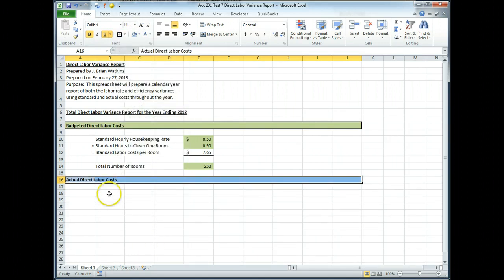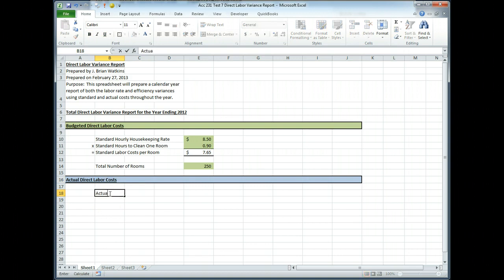Okay, so now we're going to have some headings here, so let's go down one more. An actual labor hourly rate. We're going to have actual hours to clean one room, and then actual labor costs per room. Then we're going to come down and we're going to take our total rooms, multiply that